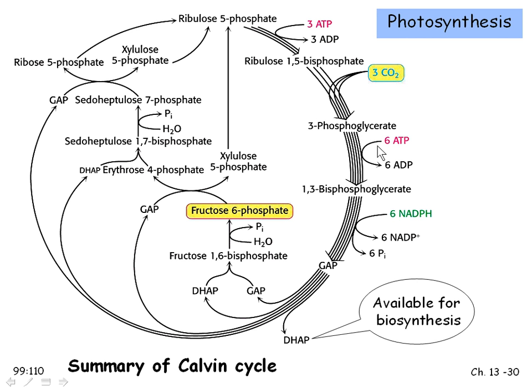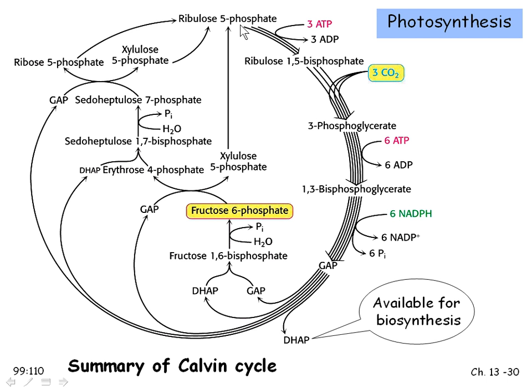Now we invest 6 ATP. And now we have 6 molecules of 1,3-bisphosphoglycerate. Again, this should sound familiar from gluconeogenesis. That then will be the substrate for the next reaction, which will use the NADPH, the anabolic form. And now we have 6 molecules of glyceraldehyde 3-phosphate. One of those can come off as DHAP, and that DHAP can be used for anything. It can be used to make sugar, it can be used to make amino acids or whatever. The other 5 are going to have to be recycled to get back up to the 3 molecules of the